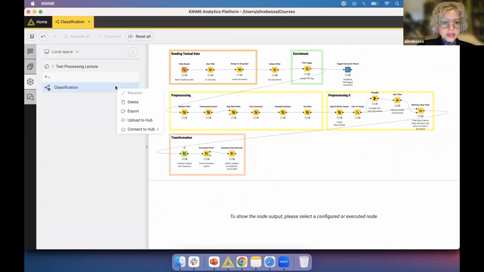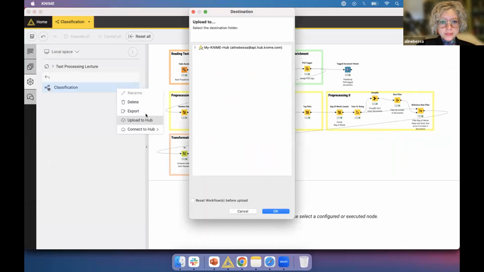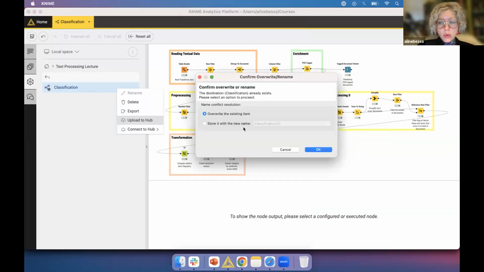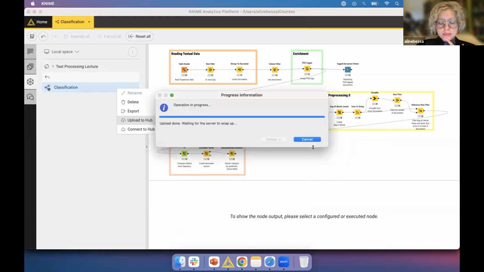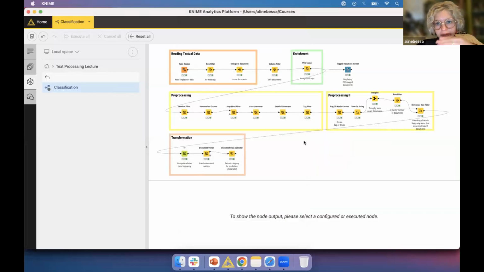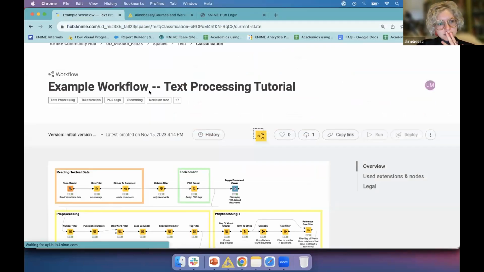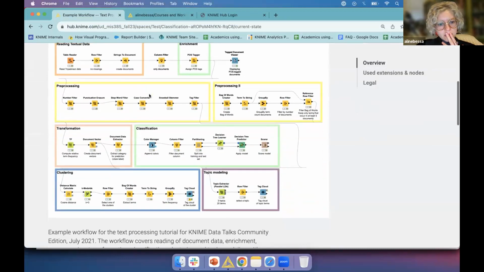And then I want to upload this again. So upload to Hub. I come here again. I have access to this. And reset the workflow. You want to overwrite the existing item, but you're going to be able to version it. So there will be many versions for one file. And then we come here again. And we have a version